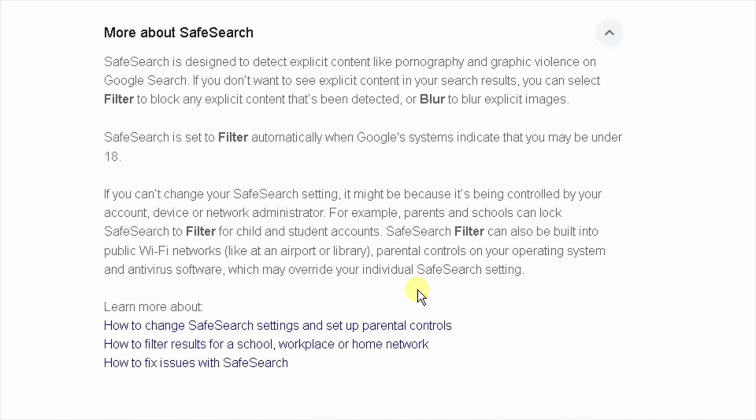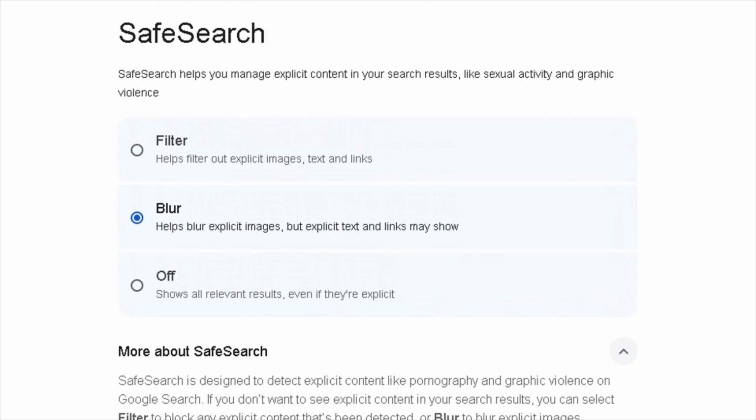So I hope this video has helped you, especially in enabling and disabling SafeSearch on your